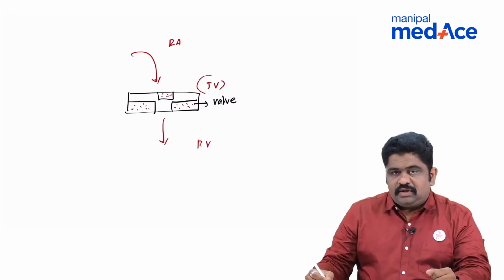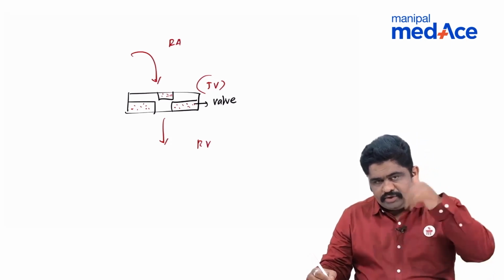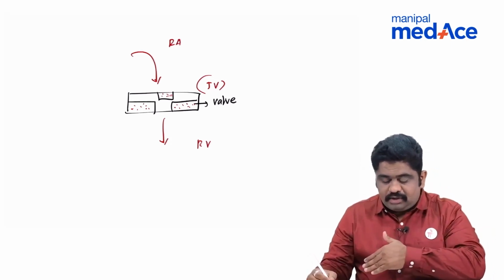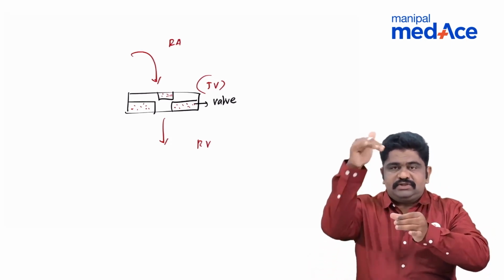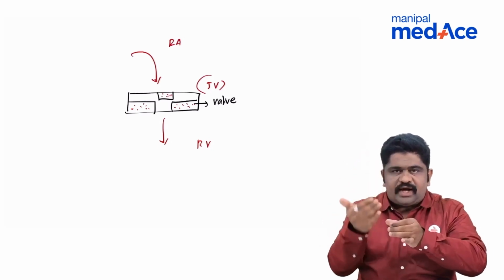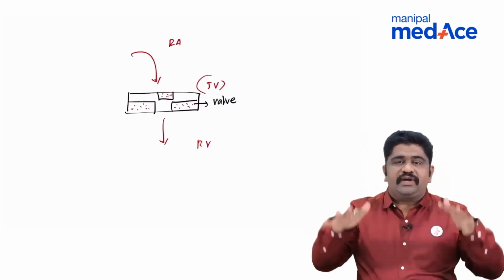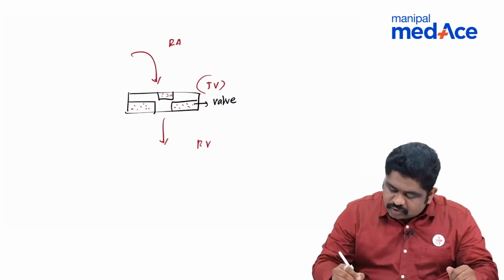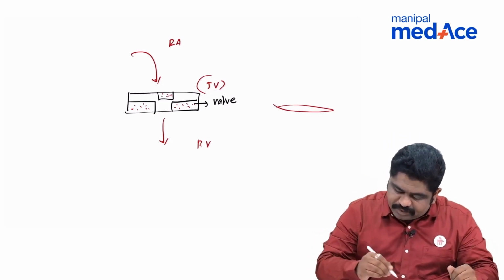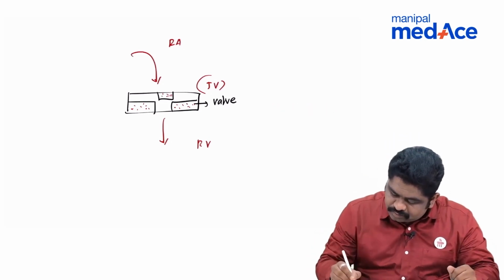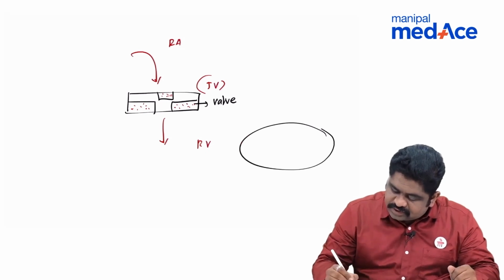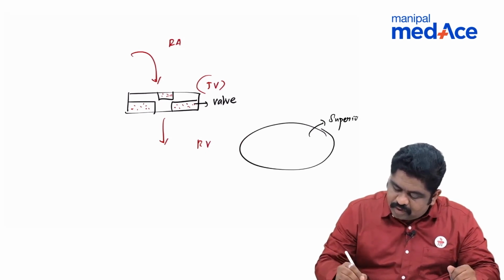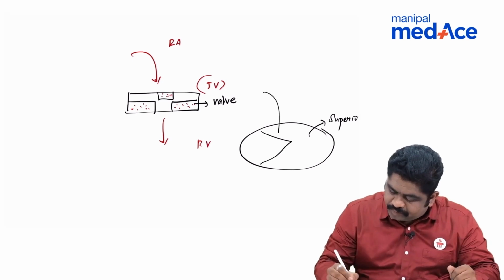The blood is forcibly going through the valves into the right ventricle. At that point of time, some amount of bacteria carried by the bloodstream will try to take rest on the superficial surface or the superior surface of the valves. Now, if I zoom this, if this is the valvular space, let me redraw this. If this is the top or the superior surface of the valve,